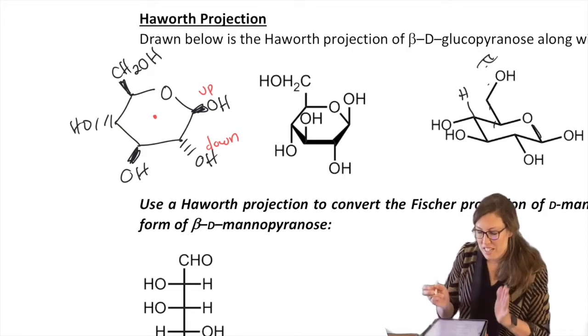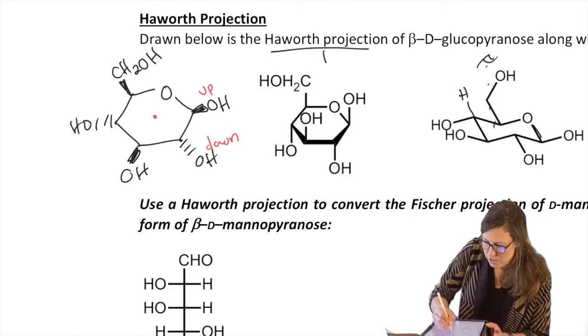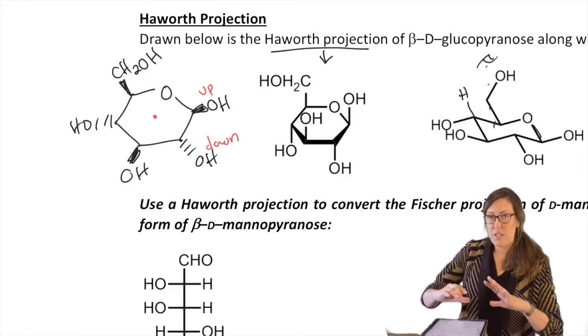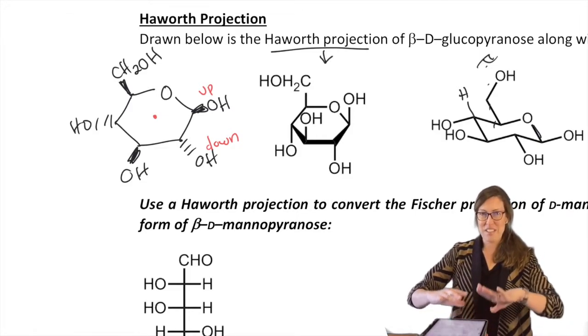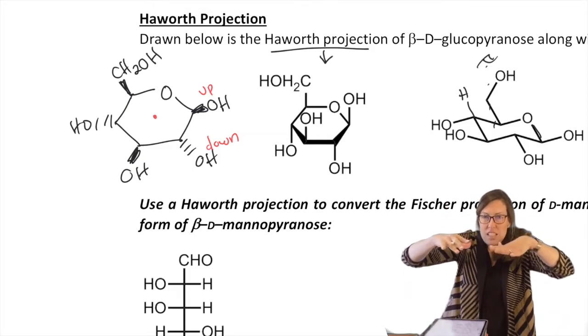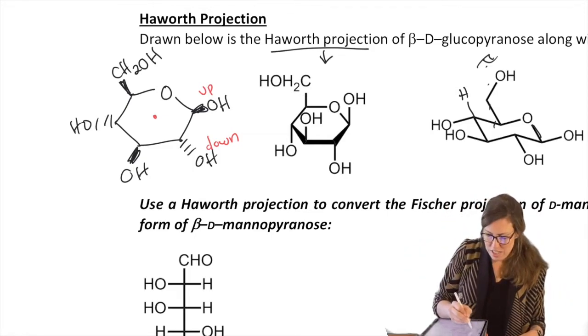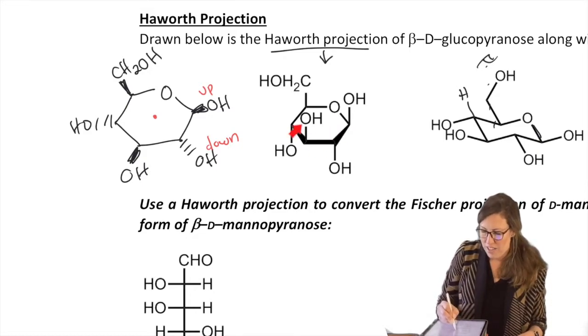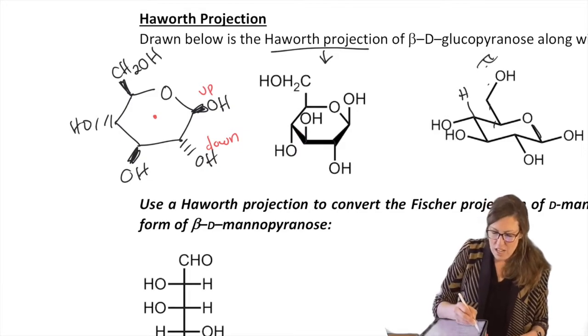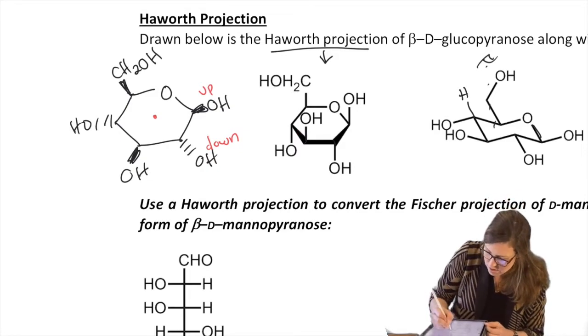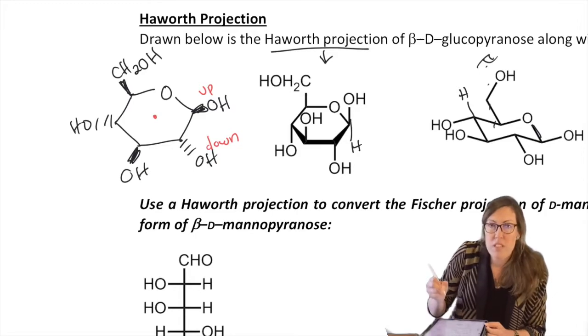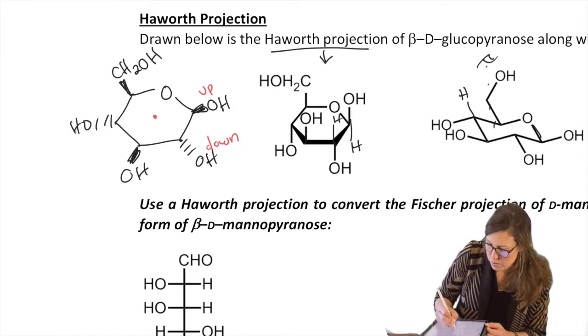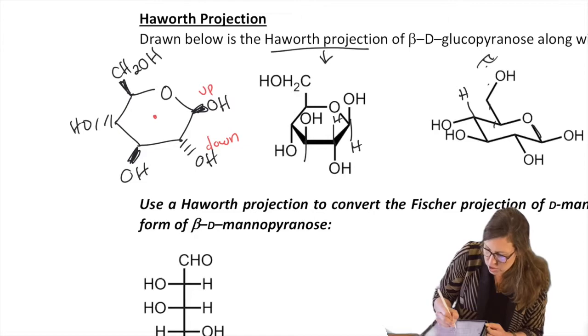No slanting. The Haworth projection, which is this one, allows you to take your beloved planar cyclohexagon and just tilt it slightly towards you so that this bottom part is coming toward you, right? It's a smile because you're happy to draw it that way. If we drew in all of the bonds, the H's, they would just be straight down or straight up wherever there was an open spot. So that oxygen is up. That means the H is down. And likewise, we don't want to miss that one.